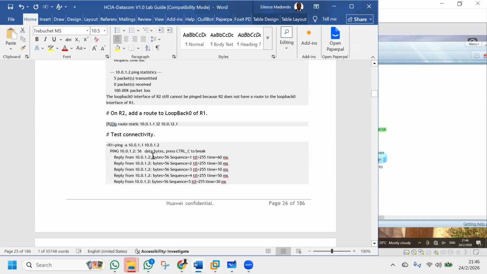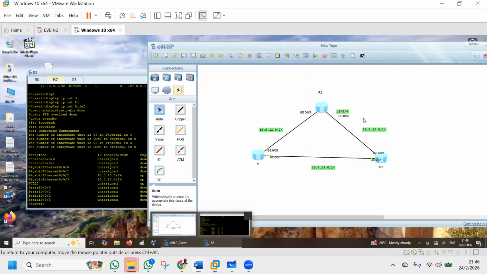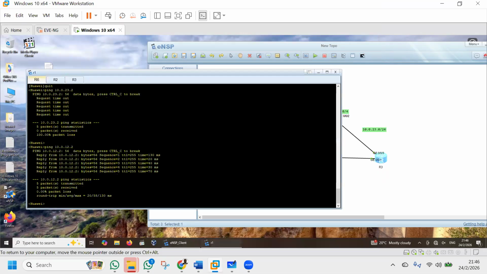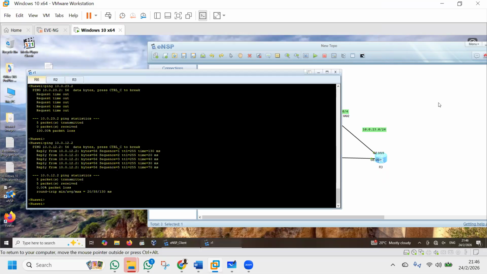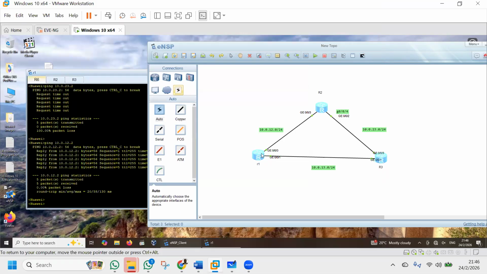Okay, let's have all of them. So on this one, let me advertise all my networks, my interfaces, areas. Let me see if there might be something that we're missing. So from R1,